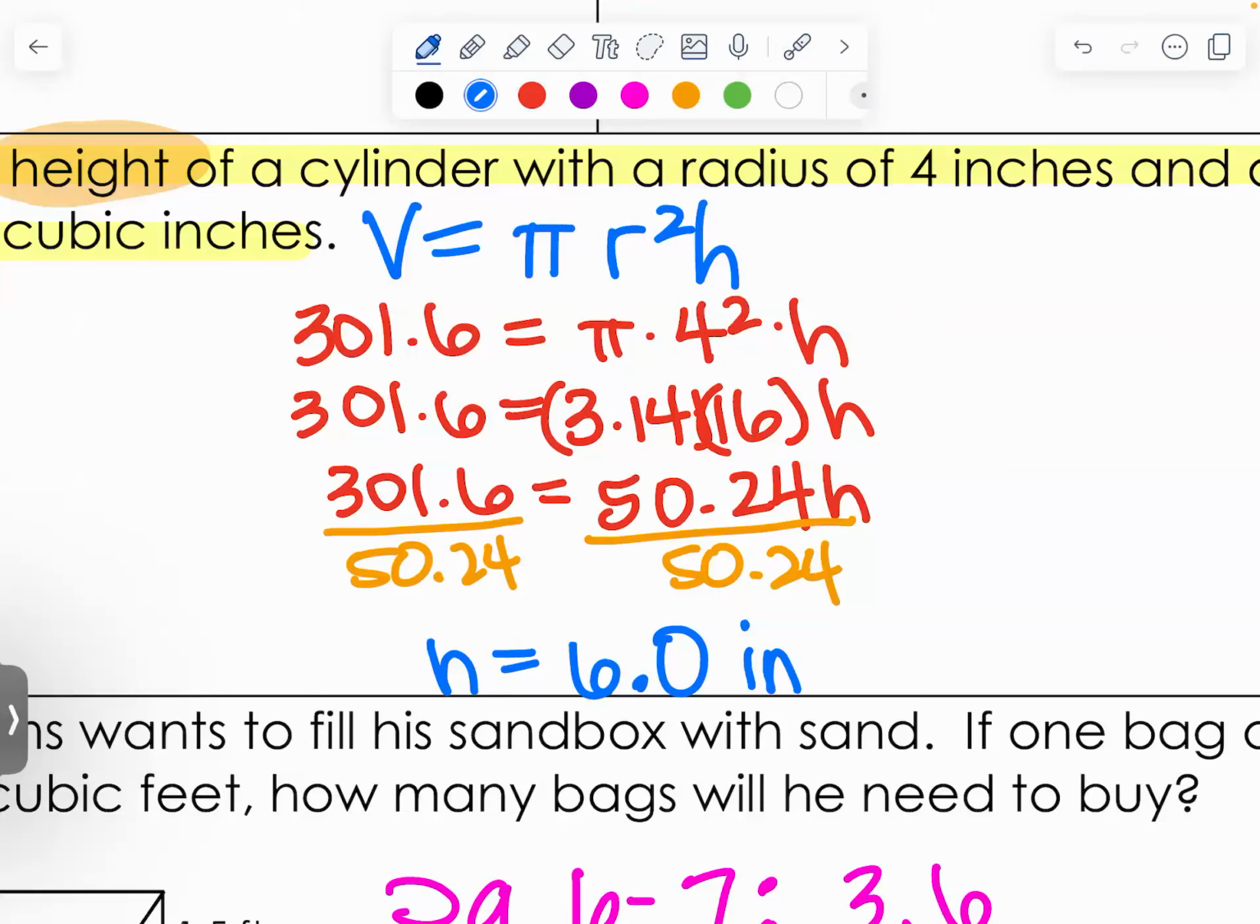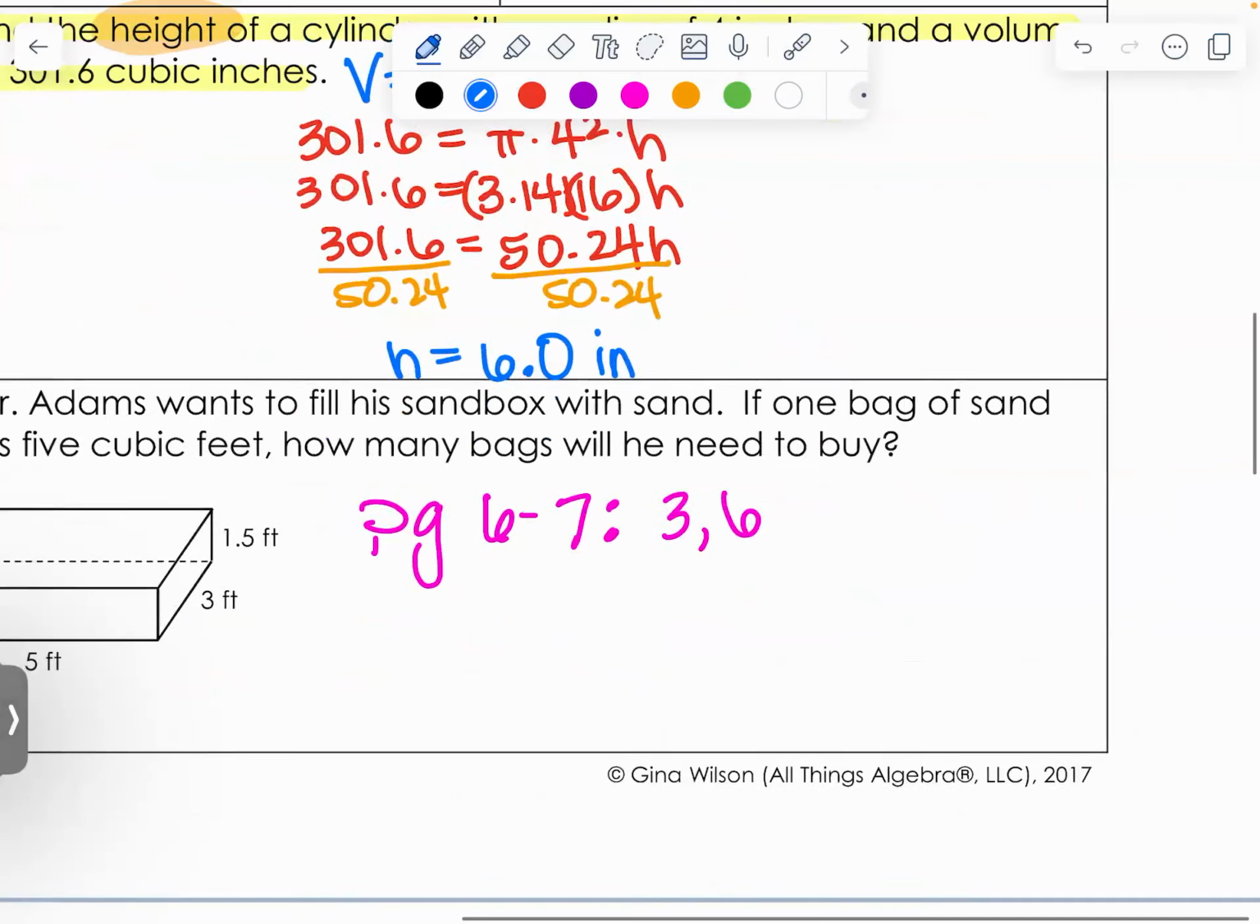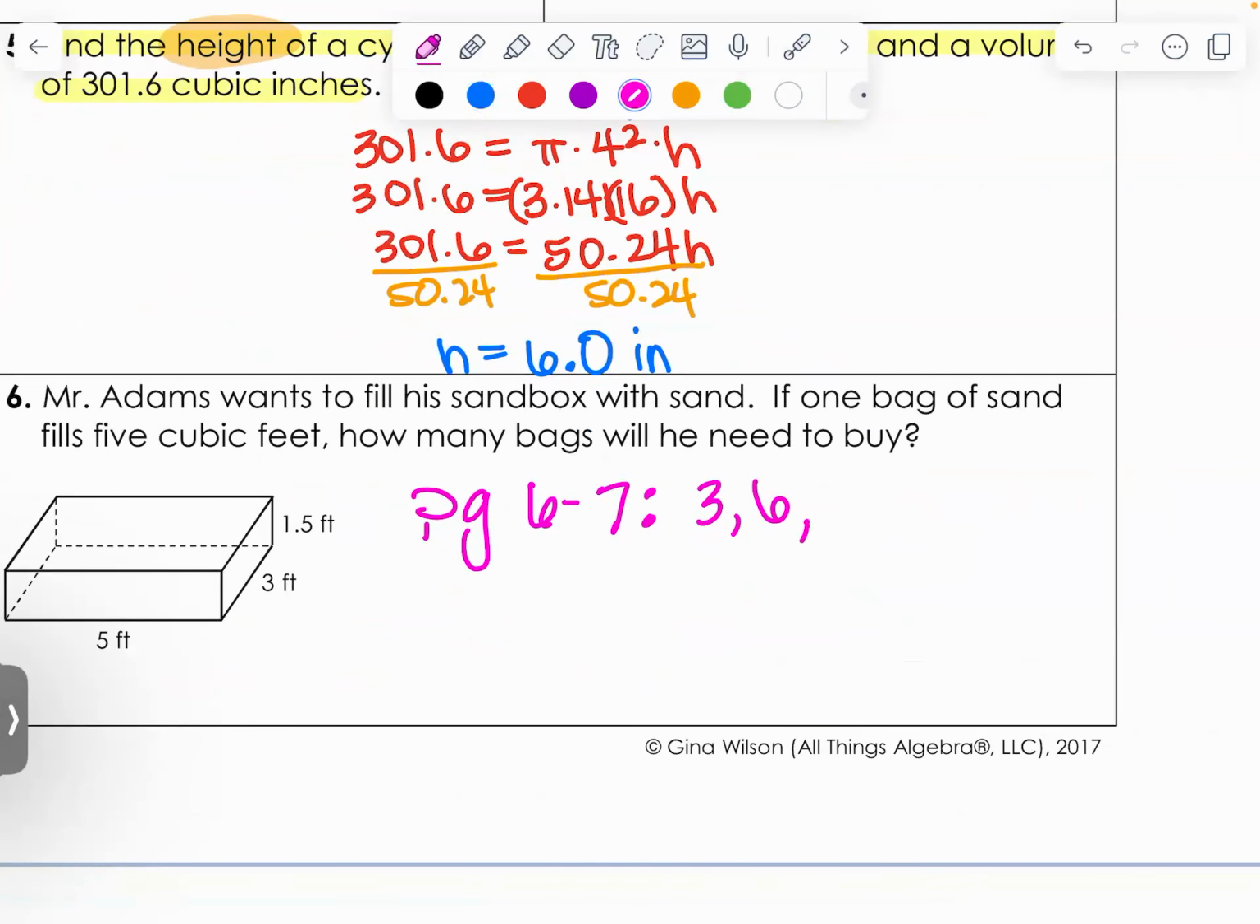Okay. So on pages 6 and 7, we have 3, 6, 9, 13, and 15. That's your homework. You have 5 problems for your homework. If you are one of those people who didn't finish yesterday's assignment,